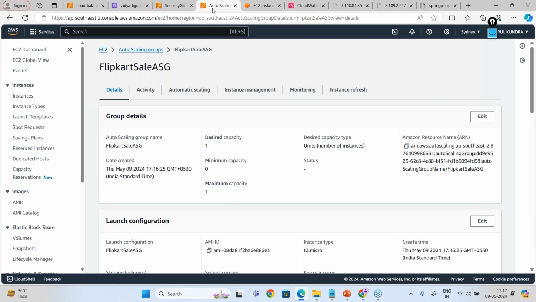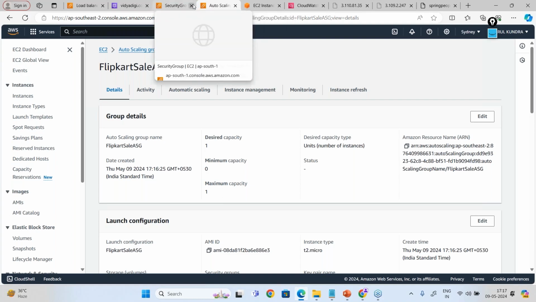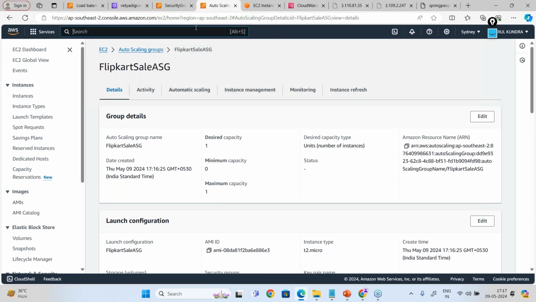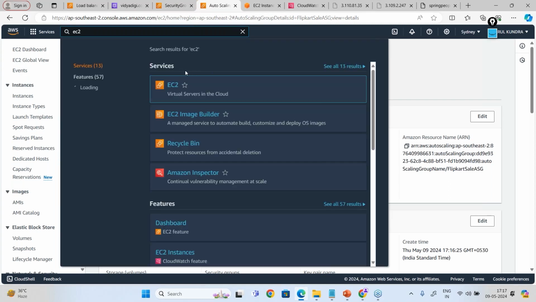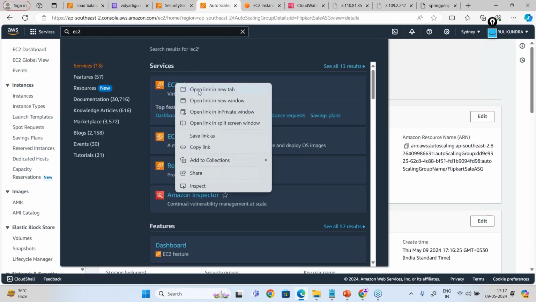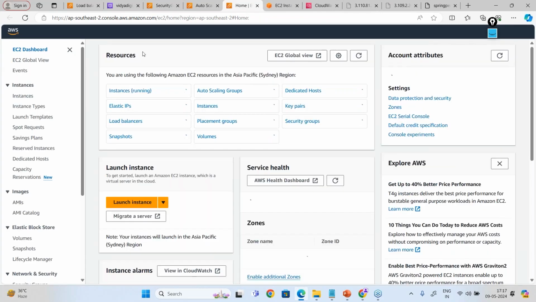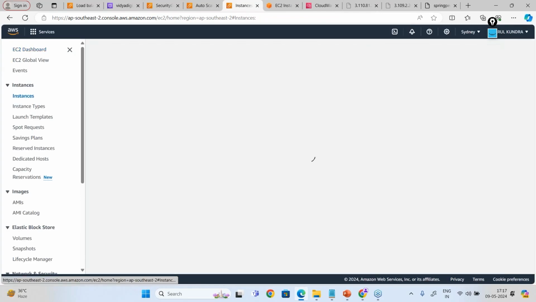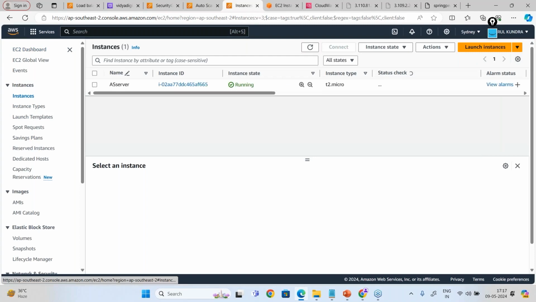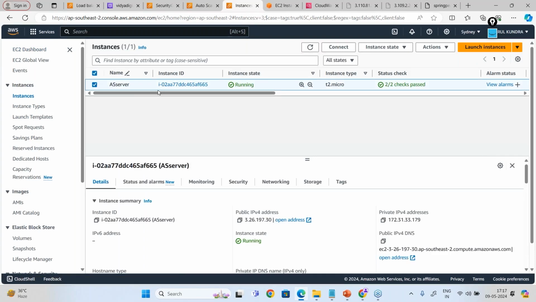So before I do anything, let me show you 3 windows. Let me type EC2 once again, so that I can show you all the 3 things in one go. You see this, everybody. You have an auto scaling server, a server which I have included that is part of the auto scaling group. So this is my server. You see the server instance ID is 665.